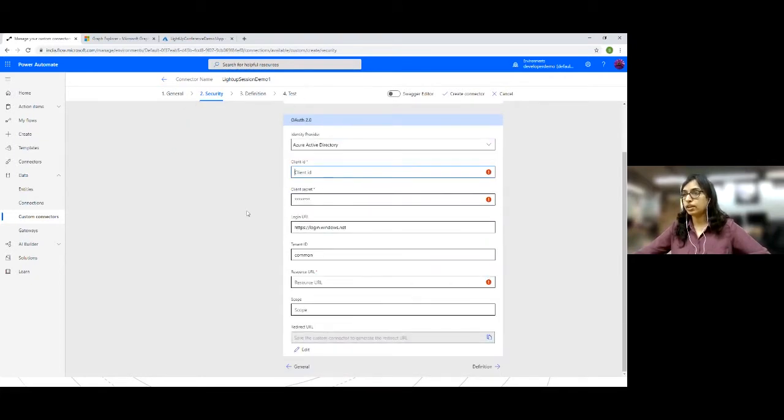Now here I need to provide some details about the Graph API: the client ID and client secret, login URL, and we'll leave the tenant ID as it is, resource URL, and the scope.